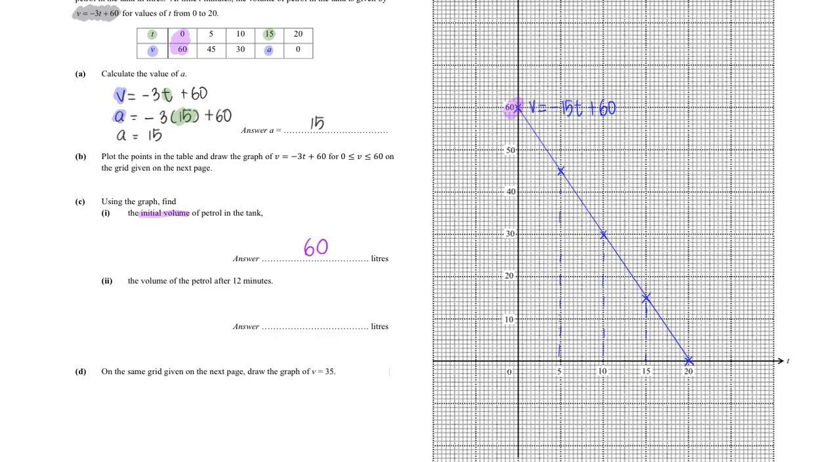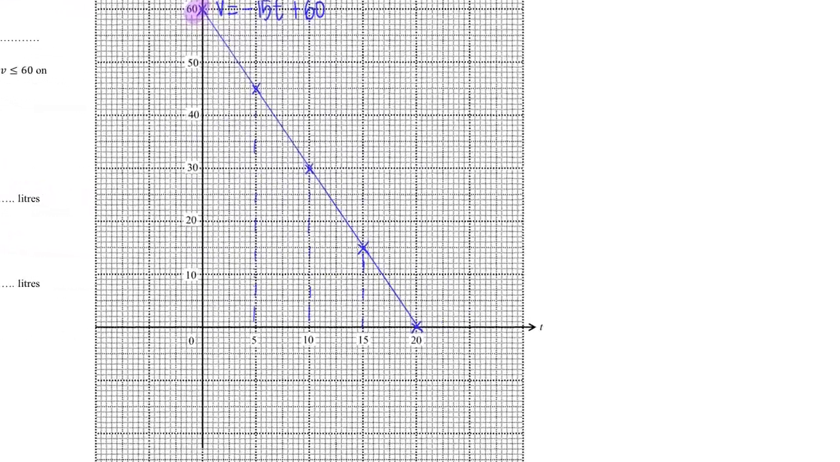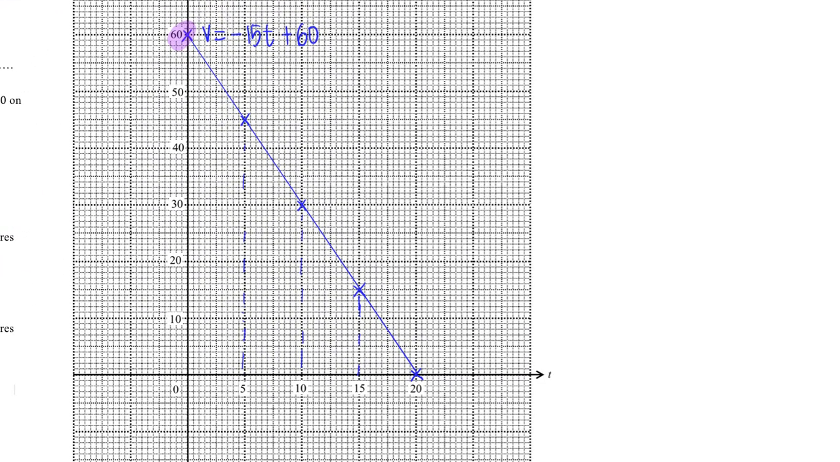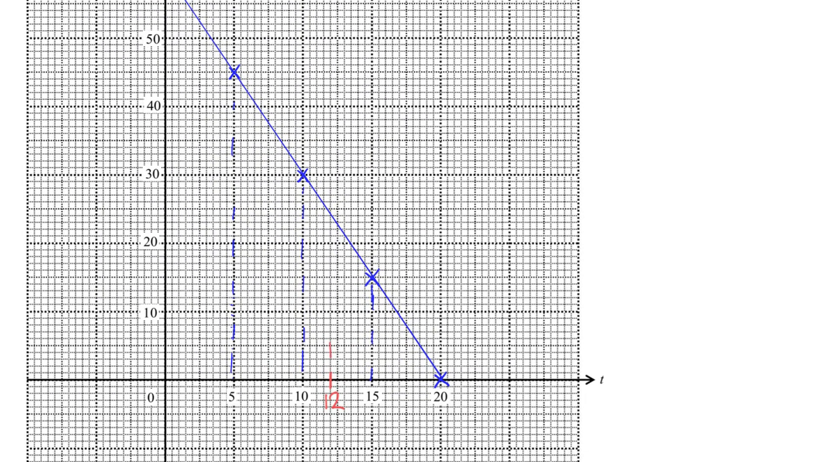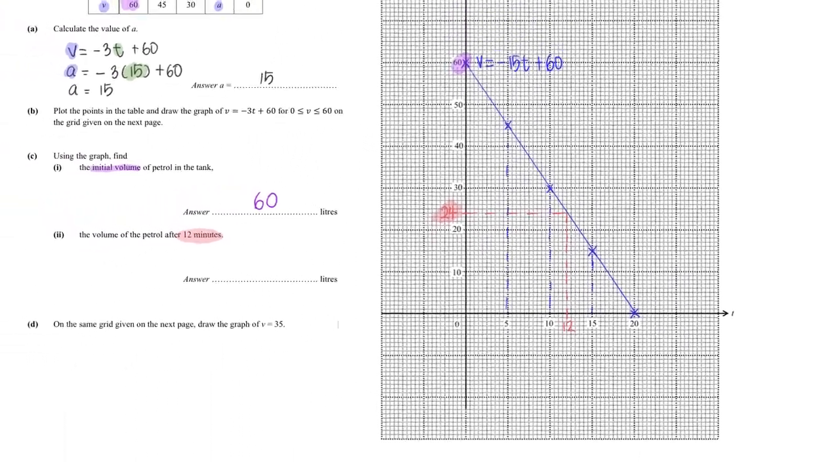Find the volume of the petrol after 12 minutes. So I'm going to go to the graph and find the point where it is 12 minutes, which is here. And I'm going to go all the way up to the graph, and I will be able to get 24. So the answer is 24